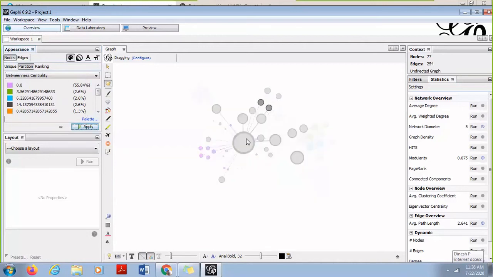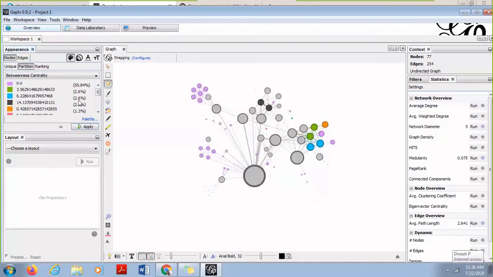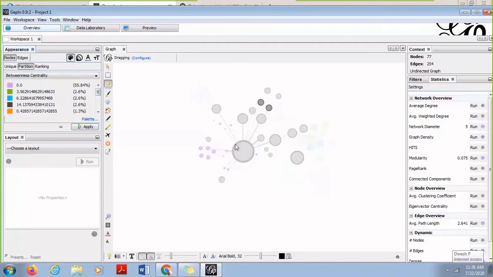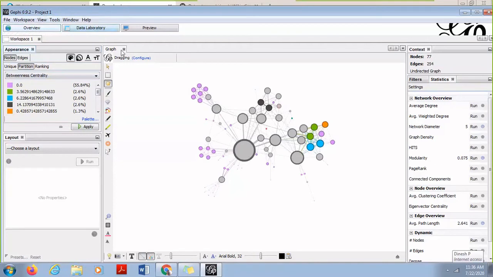So here if you observe, this node is connected to more number of clusters, if you say, in this part. Okay. So here you will see that one of the nodes has centrality as 504 when it is being calculated. So all the values of centralities of the nodes can be seen. So if you want to find out the centrality of each of the nodes and find out which node is more important when you're talking about betweenness centrality, what you can do is you can go to data laboratory.